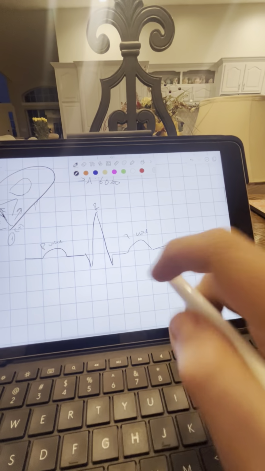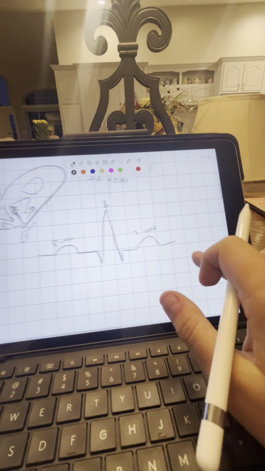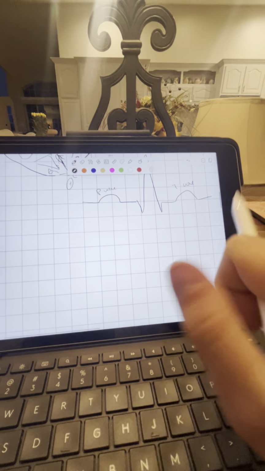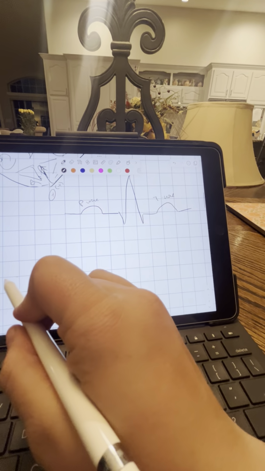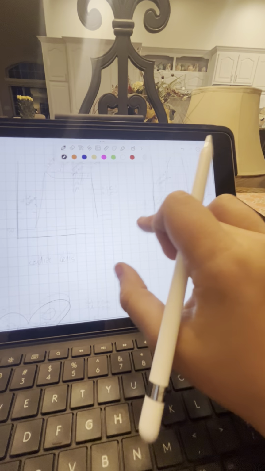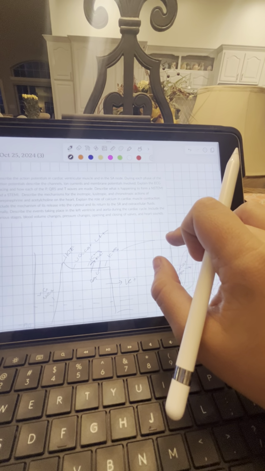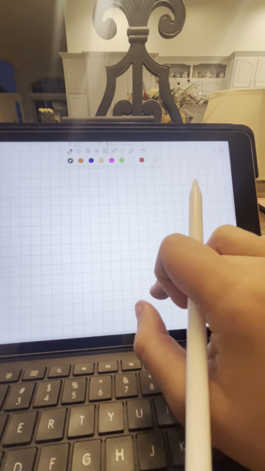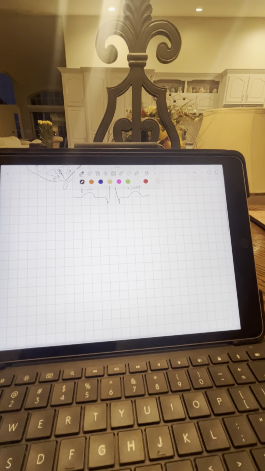Your T wave will be upside down if you have hypoxia. And then there's another condition where you have... is that one of them? Is it just STEMI and NSTEMI I need to go over? Yeah, so STEMI and NSTEMI. So for your STEMI,